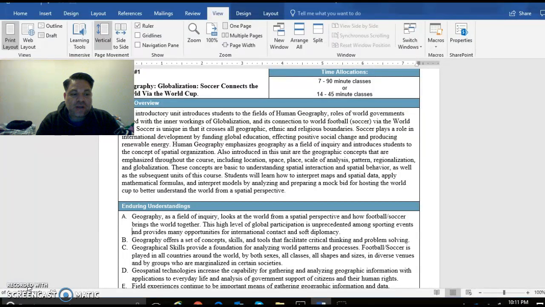The FIFA World Cup, sometimes called the Football World Cup or the Soccer World Cup, but usually referred to simply as the World Cup, is an international football soccer competition contested by the men's national football teams of the member nations of FIFA, the Fédération Internationale de Football Association, the sport's global governing body. The championship has been awarded every 4 years since the tournament's inception of 1930, with the exception of years 1942 and 1946 due to the outbreak of World War II.